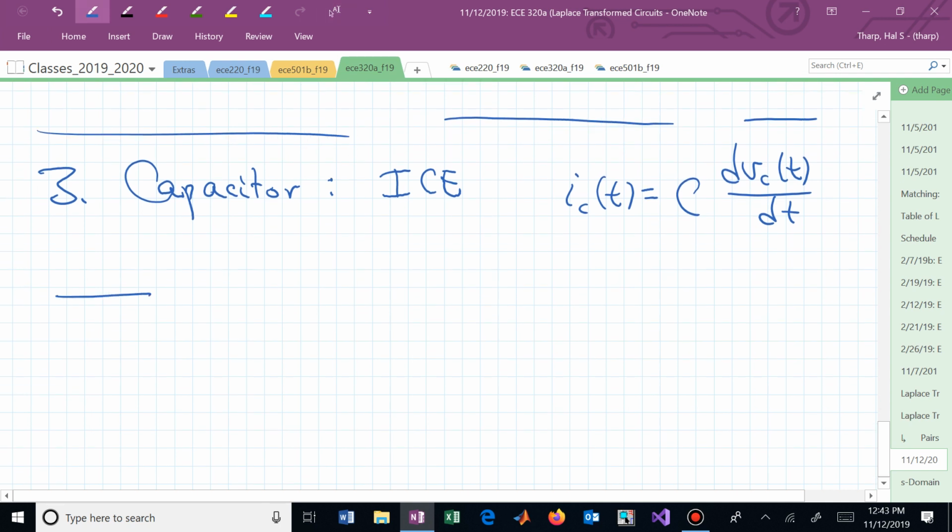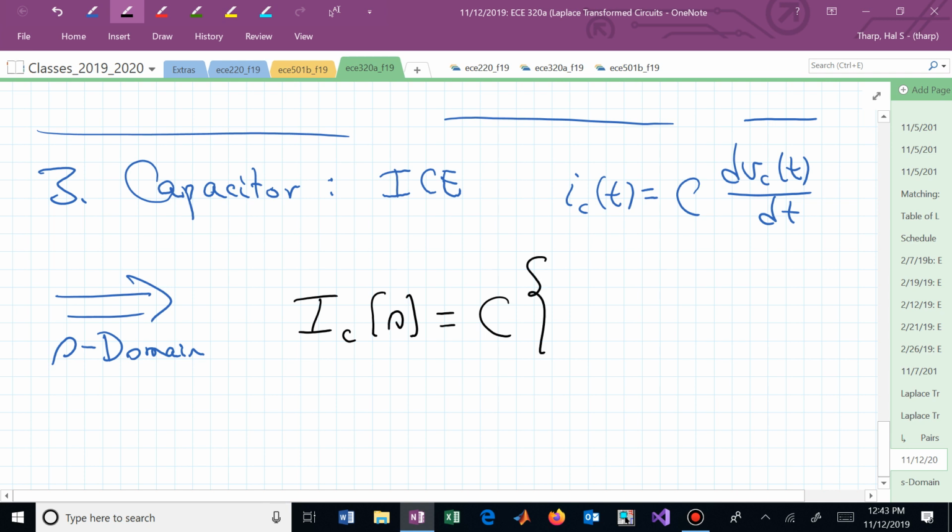We can now put this into the S domain, and the derivation is similar. It's obviously different. It's dual to what we just derived. But if we now Laplace transform both sides, we have I sub C of S is now C times the Laplace transform of the derivative of the capacitor's voltage,